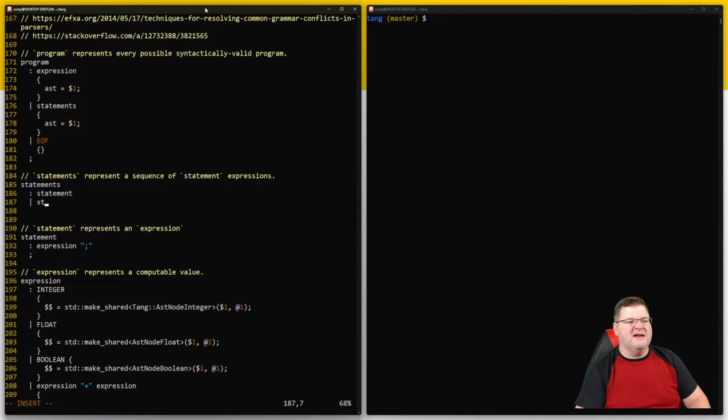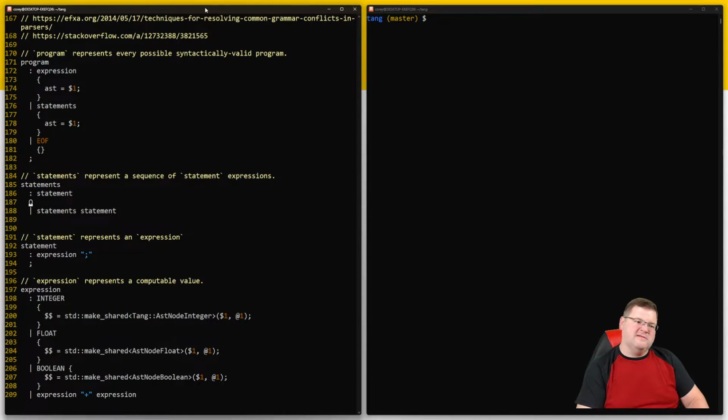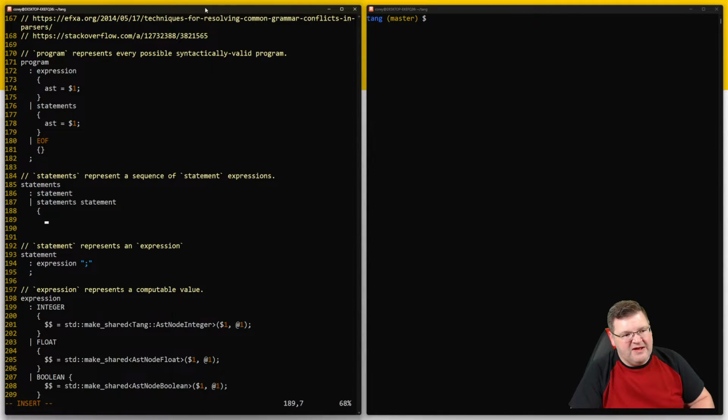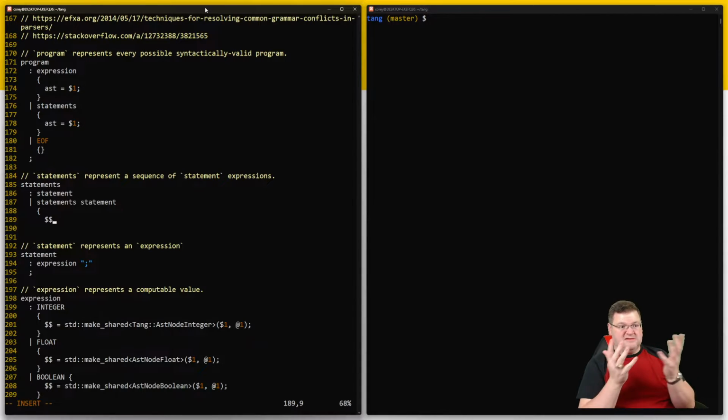It could be statements followed by a statement. And this is true, right? So the idea is that, let's start with this one. I didn't mean to do that one. I meant to do this one. There we go. If I have this, I'm going to say recursively that statements itself is